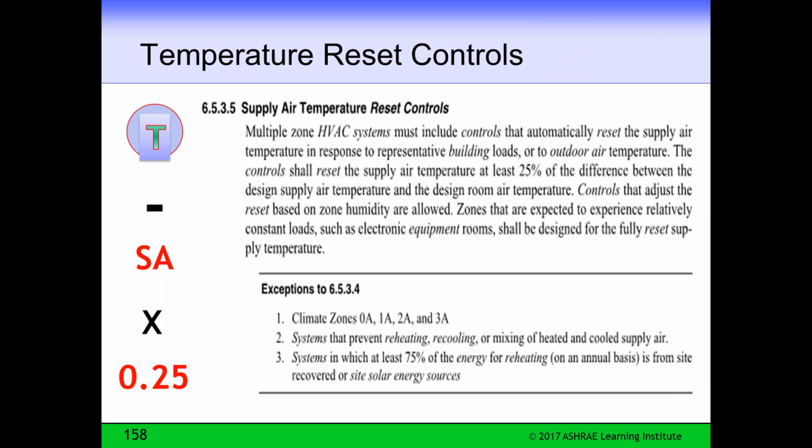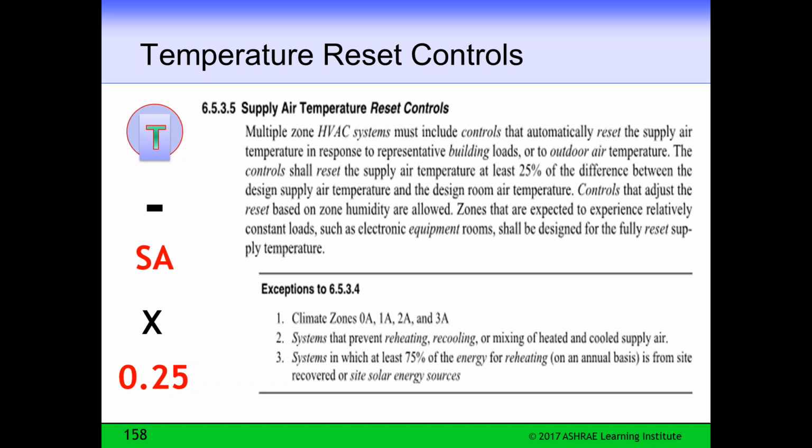Temperature reset control. Supply temperature reset: we require all multiple zone HVAC systems to include controls that automatically reset the supply air temperature in response to representative building loads or to outdoor air temperatures. We used to have just building loads, and because it's so popular, we also allow outside air